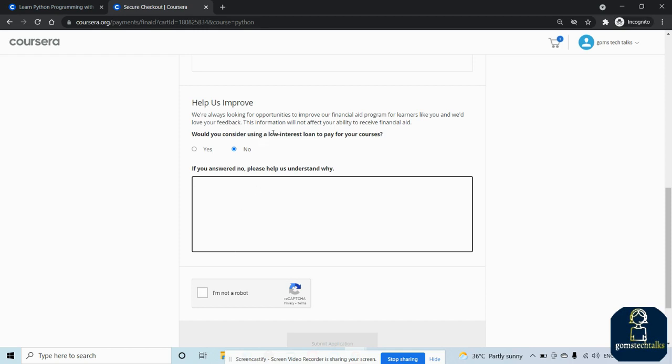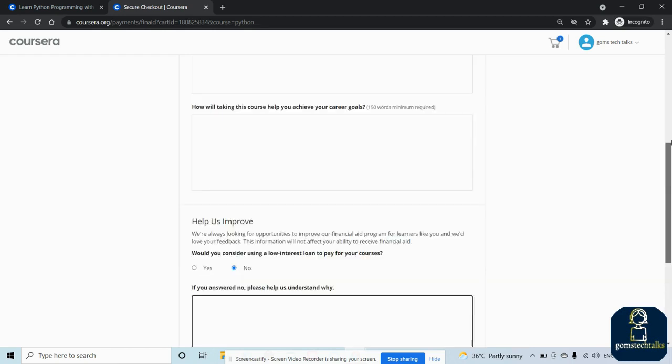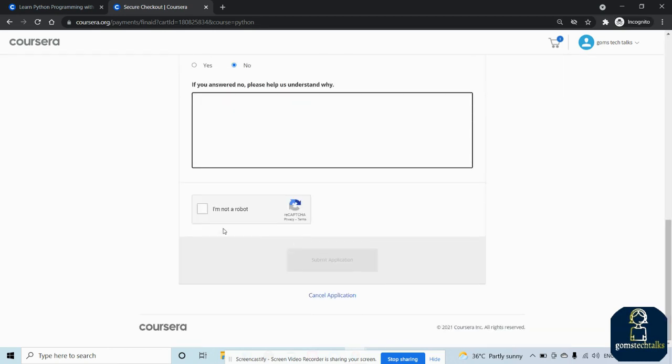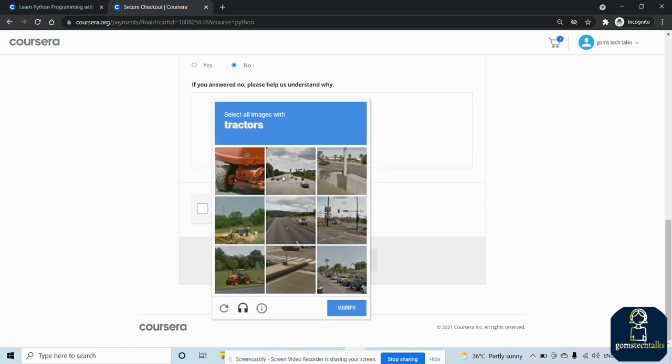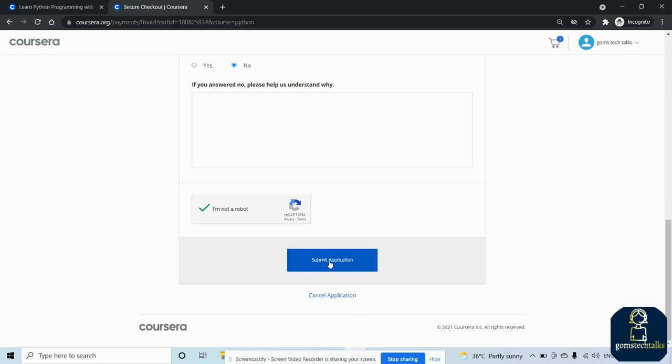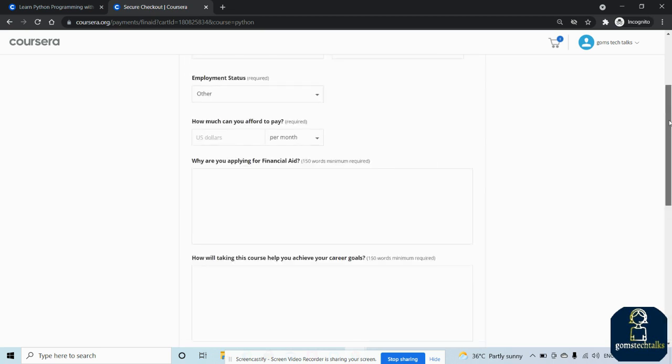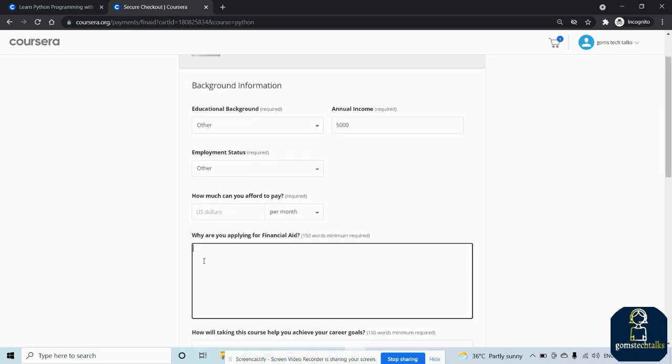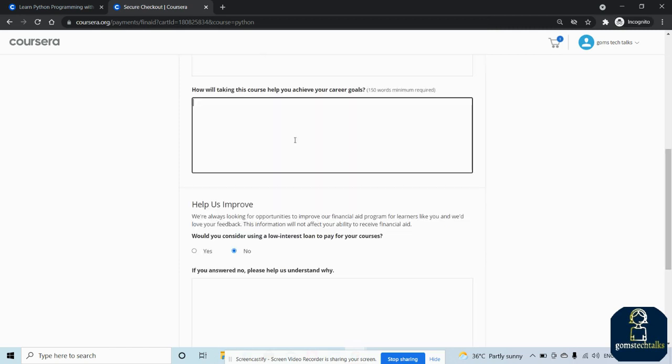Okay, and finally, once you have written everything very properly, click I am not a robot, and select the images if it appears to you. Once it's done, you can click submit application. Make sure that you are writing 150 words here and also 150 words here.